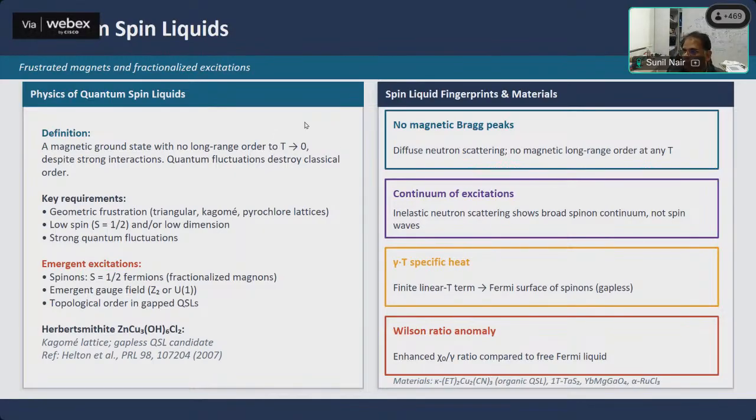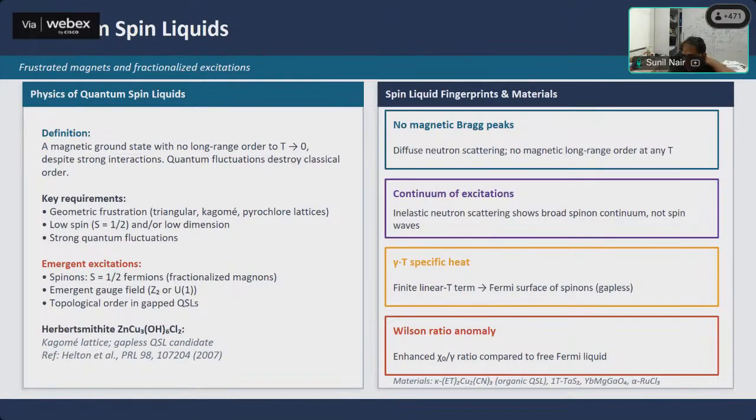And now the problem is this: if you are saying that you have a system which does not have magnetic order, then how does it differ really from a paramagnet, and what are the experimental tools you would need to use to say that this is a spin liquid? So there are many tools which are now well known. Like, for instance, if you do